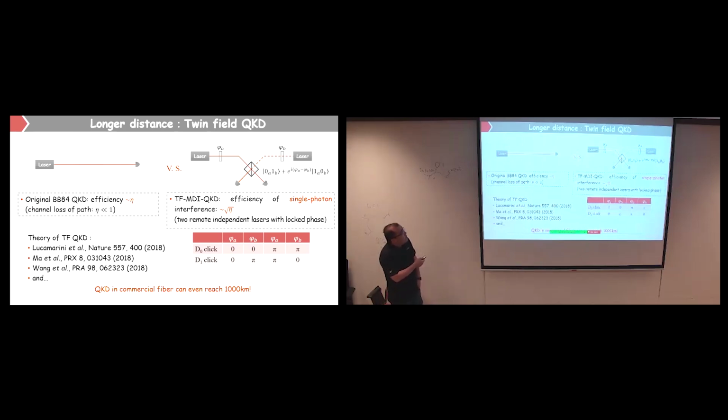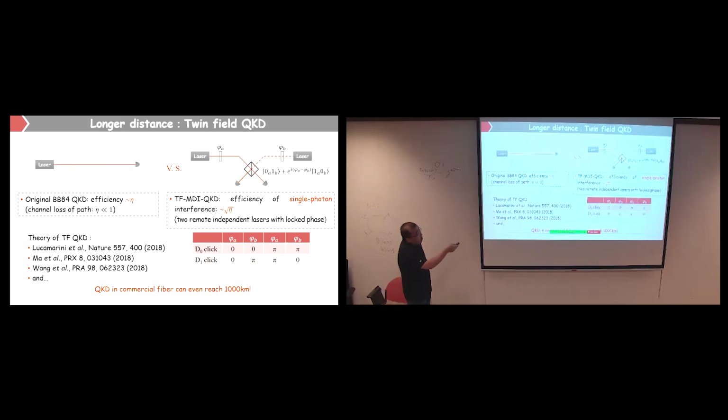You can think of the general QKD, from sender to receiver. If it's 100 kilometers, the loss is about 20 dB. For MDI QKD, the sender goes 50 and the other goes 50, and you still get about 20 dB loss. But if the two lasers are locked in frequency and they interfere, when there is one and only one photon click, it's like a half Mach-Zehnder interferometer. You have a laser, you send it to Alice and to Bob, and the lasers are locked, and then they do interference.